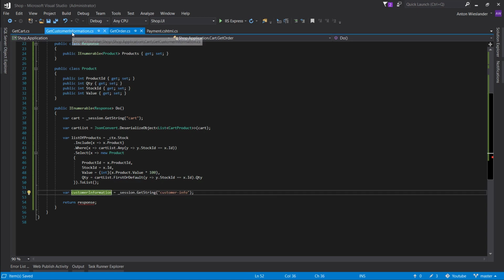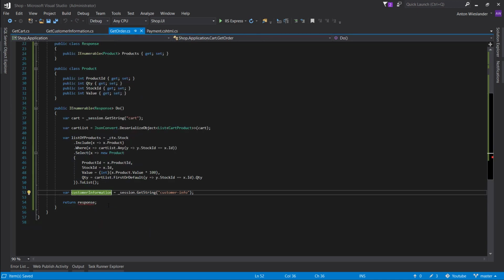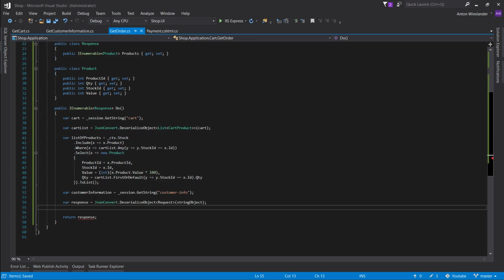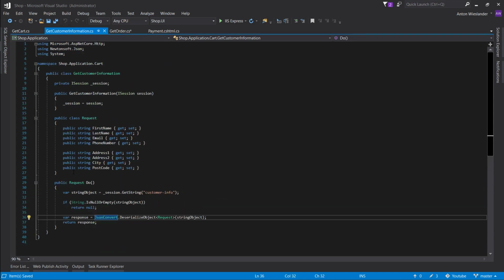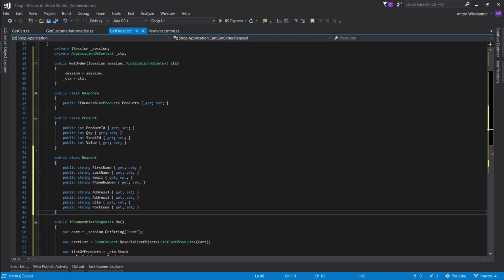information. Right, and here is where we're going to be deserializing the object. Let's rename this to customer info string, and we can put this here. And let's just grab this object here. Let's put this here, and let's call it customer